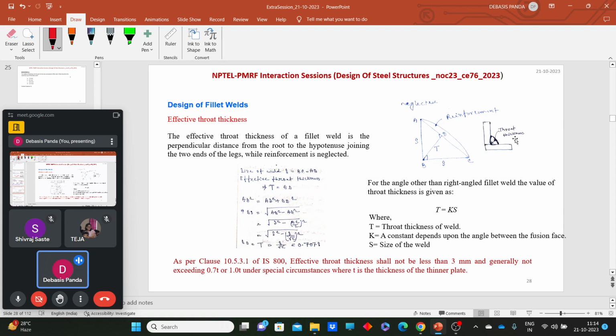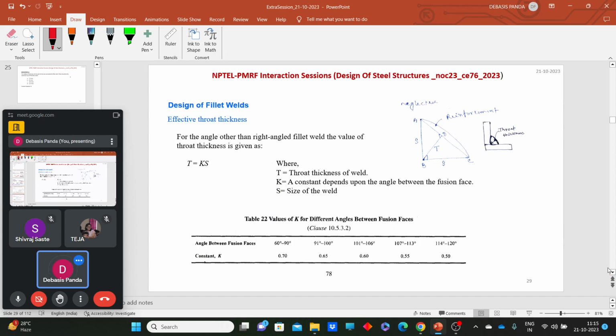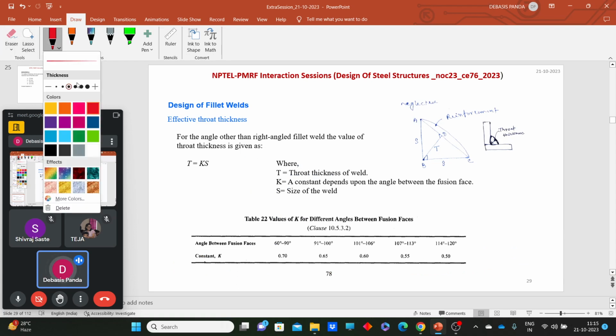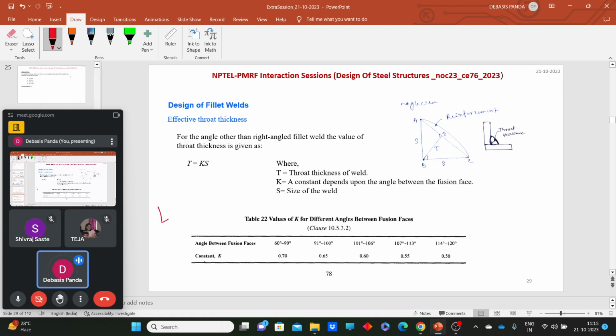The effective area of a fillet weld is specified by the throat thickness, and the throat thickness depends upon the fusion faces, as in Table 22. Someone may ask what the throat thickness should be if the angle of the fusion face is 120 degrees,